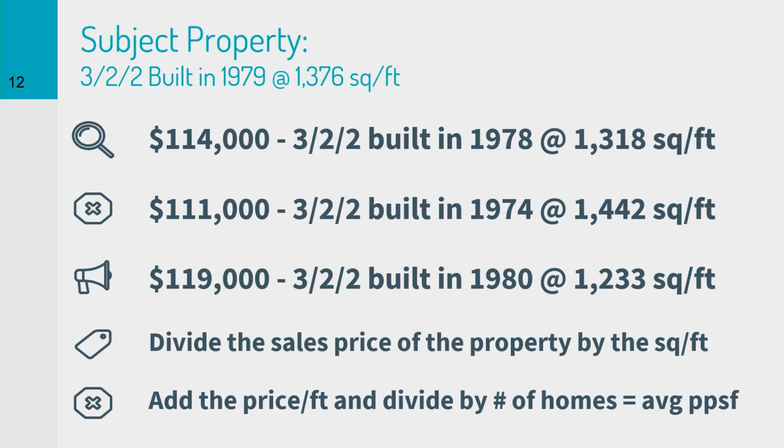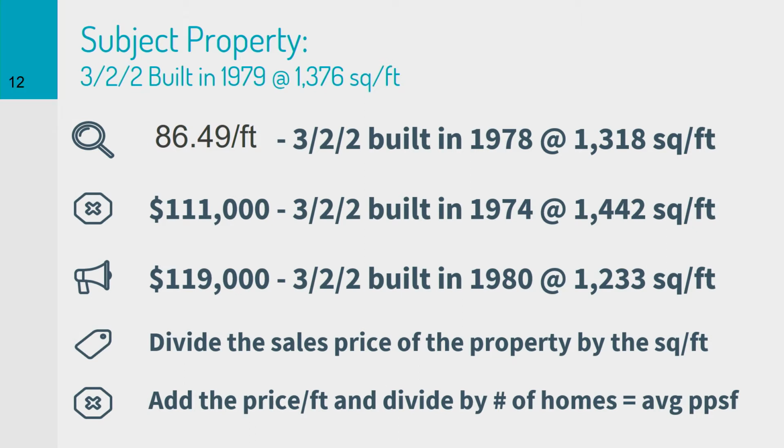So that's why I'm asking you for your calculator here, because I want you to do some math with me. If I take 114,000 and I divide it by 1,318 square foot, that's going to tell me what that home sold for per foot. Right now, that's $86.49 a foot. So I'm not looking at the sales value of properties. Anytime I go to analyze a neighborhood, I'm trying to find out what this neighborhood is selling for per foot.